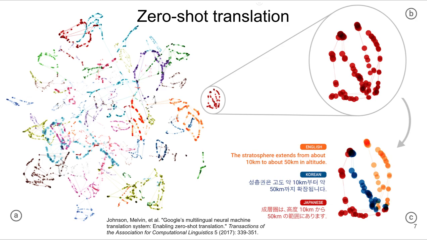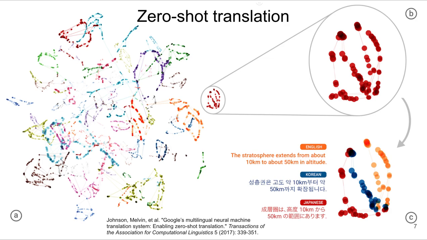Next, let's talk about zero-shot translation. Zero-shot translation refers to the fact that we can translate between 2 languages even though we don't have that training data, that parallel data between 2 languages to train the system on. What do I mean by that? In this example here, which is published by Google in 2017, using LSTM sequence-to-sequence models, the machine translation system was trained on English to Korean data,